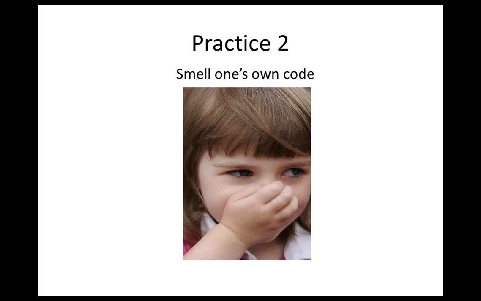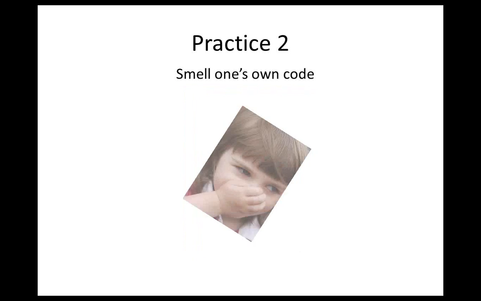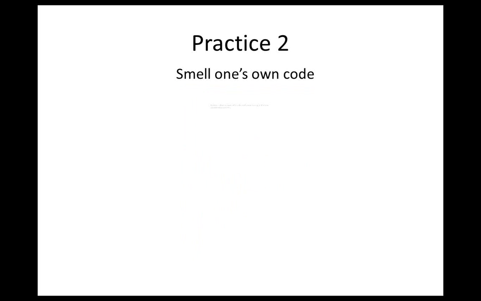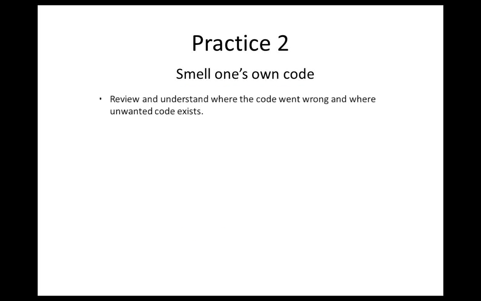So if you have to work on any other code, immediately you will say that this is wrong, this has not been done in a proper way, or something has not been taken care of. As an individual, when we are in that same situation, we are not doing proper justice to our own implementation. So that's practice 2: smell one's own code. But how can we do that? It's very simple to say, but very difficult to practice.